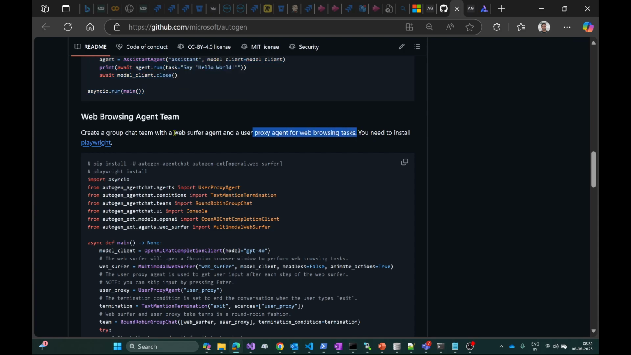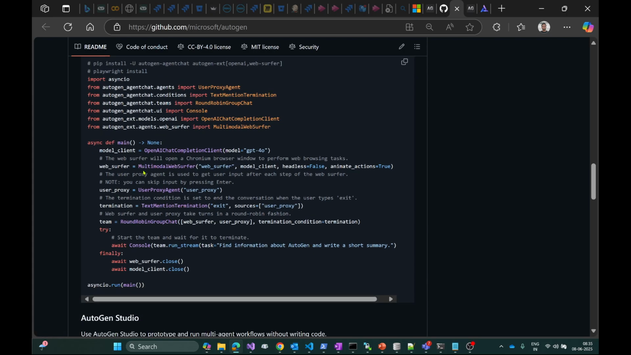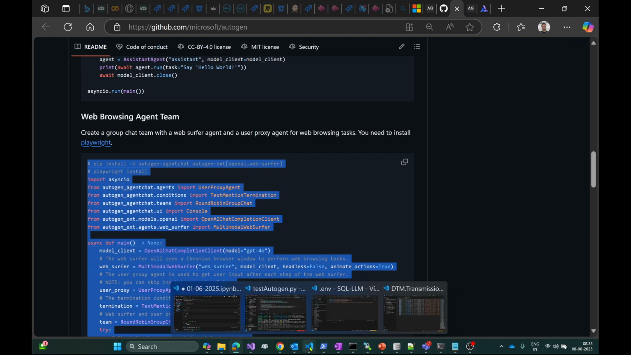If you would like to serve a web page for that, you need to install the Playwright package. So with this, we will try to use this sample and see how it is going to work. So web browsing agents, right? So let's jump to Visual Studio Code,